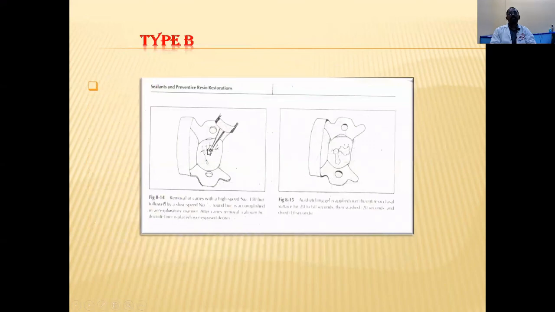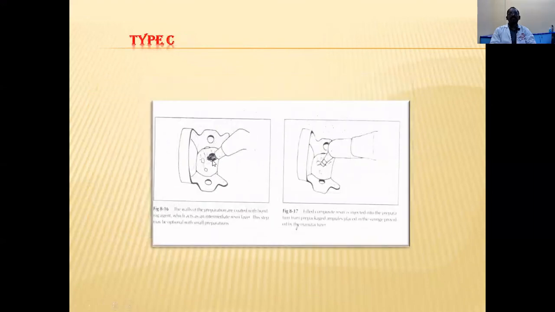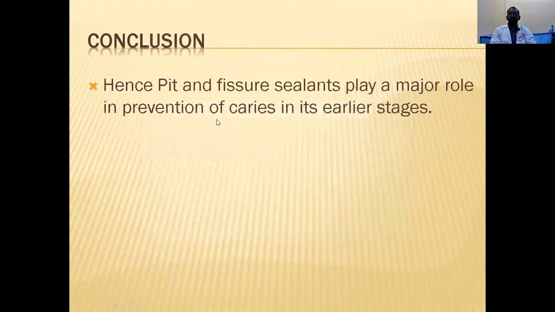In type B, remove all the caries and then place a liner and then place the composite resin. Type C, where the caries is deep, so sensitivity will be there. So please check for sensitivity and then place a calcium hydroxide base and then add some composite and then cure. Coming to the conclusion, hence pit and fissure sealants and preventive resin restoration play a major role in